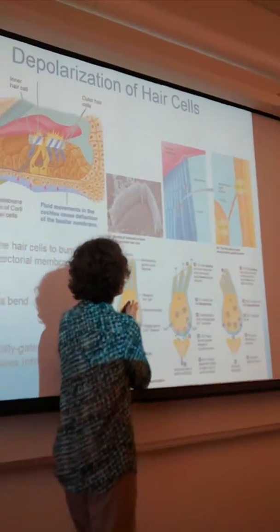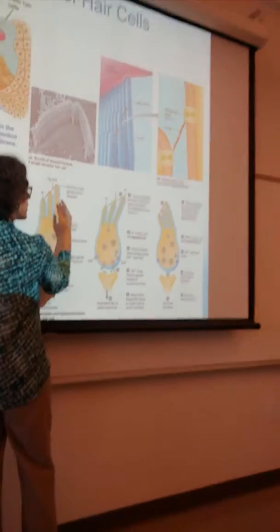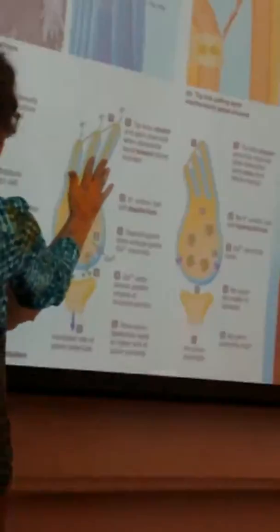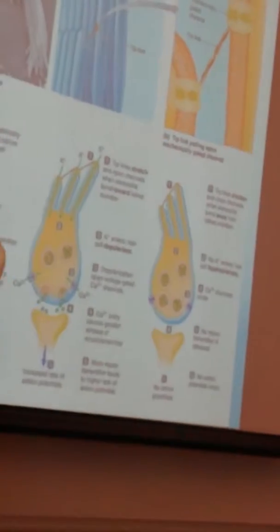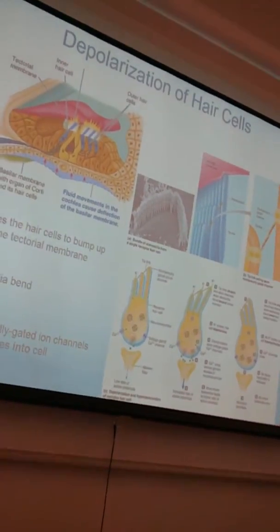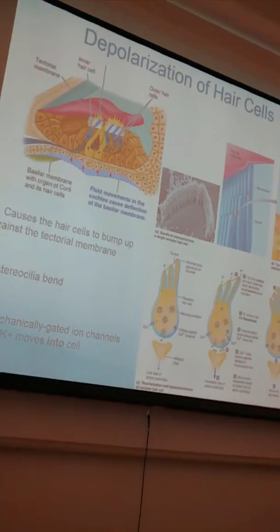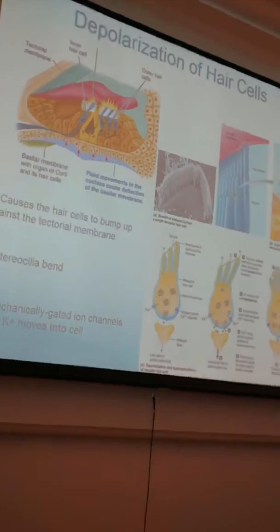hitting the tectorial membrane and bending towards the tallest stereocilia here. This is going to depolarize the cell. When they bend in the opposite way, it's going to hyperpolarize the cell or turn it off. So the hair cells, so these stereocilia of the hair cells